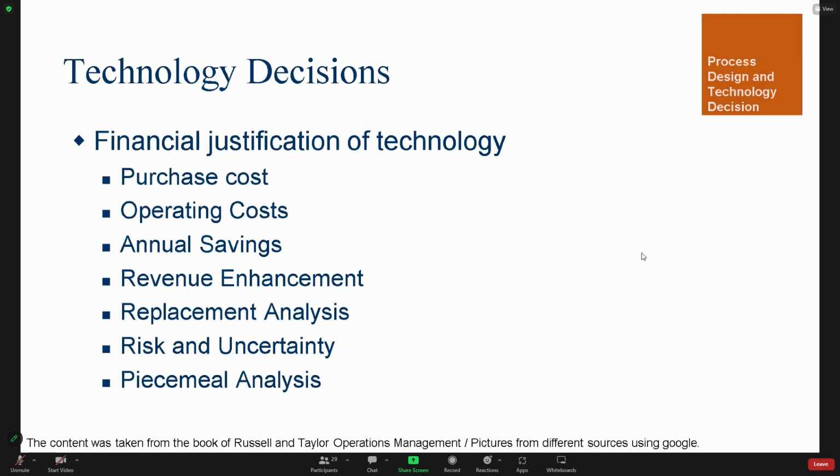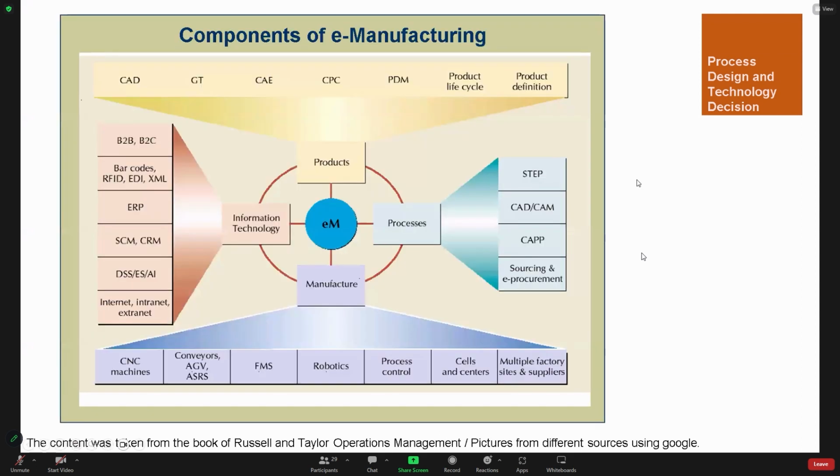Then you ask, how much will be my purchase fee, my annual savings for this? What will be my revenue enhancement? Replacement analysis for the parts. Risk and uncertainties and the piecemeal analysis. Okay, these are the things that you need to identify. So last is what? The components of e-manufacturing. So mapapansin nyo dito, okay, we have several